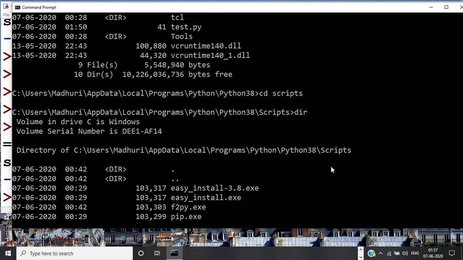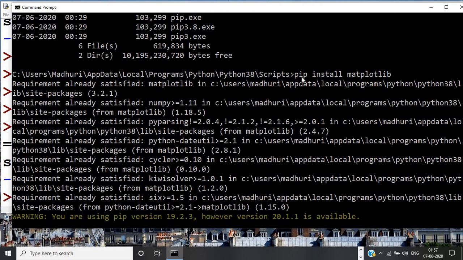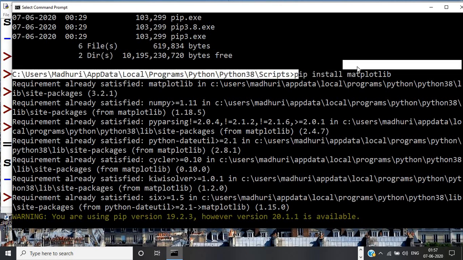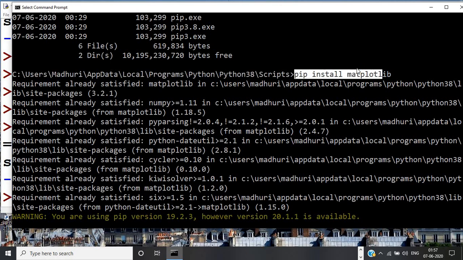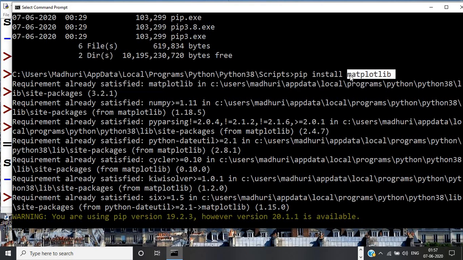So the mantra is simple. You write pip install and the package name. Say the package name is matplotlib. The package name can be numpy, numerical Python. It can be scipy, scientific Python. It can be a lot of other packages for anything you want. You do machine learning, there are packages for that.